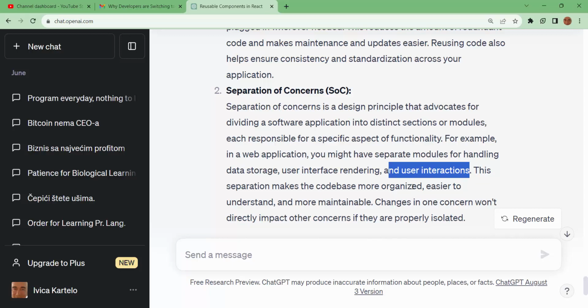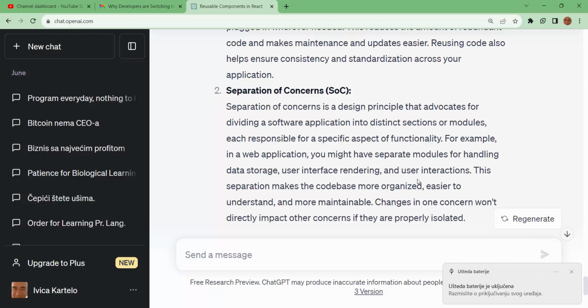For example, we have a form. For user interactions, we have a form to add a new post or update a post. We use the form, and that form is only a form. The component is only one component, only one form, only one functionality. It is interaction,